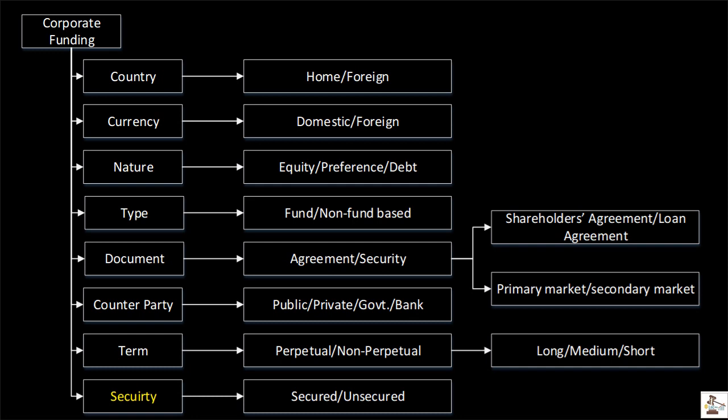So there are basically mainly 8 aspects. There may be several other aspects such as laws applicable on each kind of funding, etc. But these are the major ones. You need to check all these aspects for each kind of funding, and all these aspects are independent of each other. That means the answer of one aspect of funding is not dependent upon the answer of another aspect of funding. Let's see these aspects. If you're clear on these, then the whole syllabus is going to be easy for you.